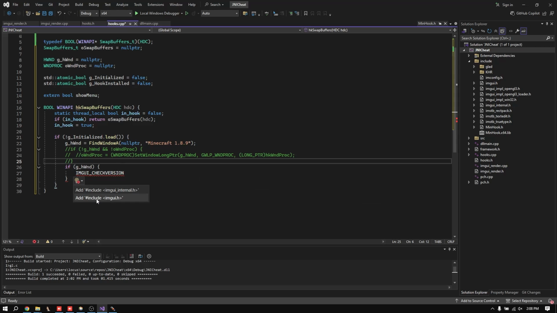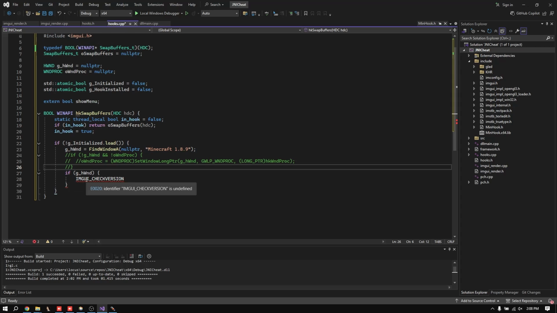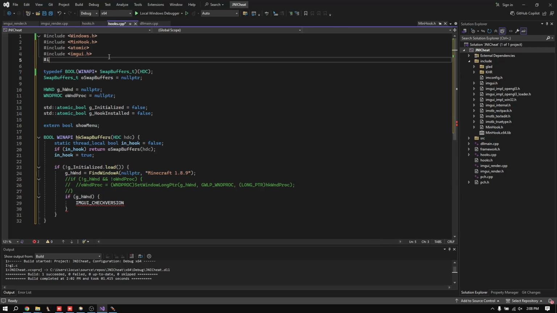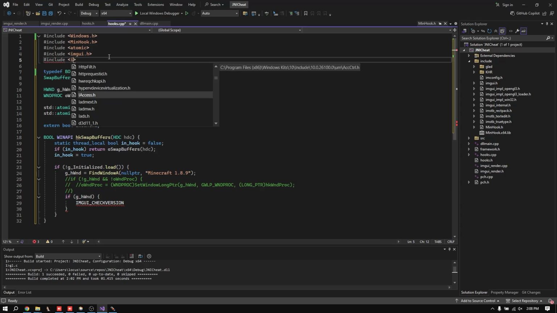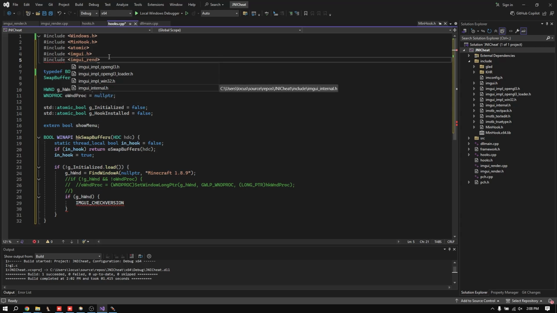So just do include ImGui h, and we're going to also include ImGui. Let's just do it up here. We're going to include ImGui underscore render, or ImGui underscore